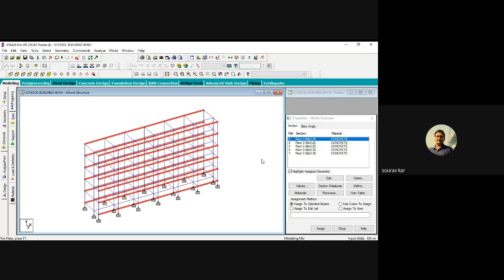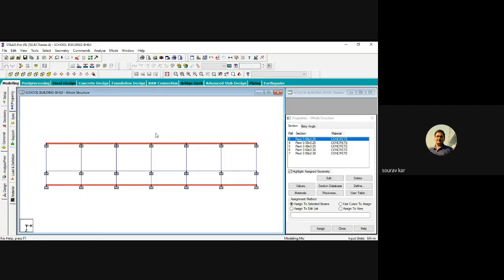Please be very slow while assigning this value, because once you have done it wrongly, it is very difficult for you to remove the mistake and correct it again. So first you develop the structure, give the supports properly, create the beam section, and assign the beam section very properly. So I have very carefully selected the beams.